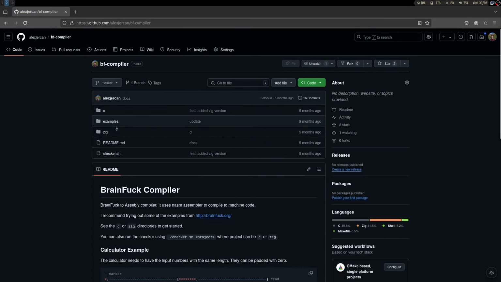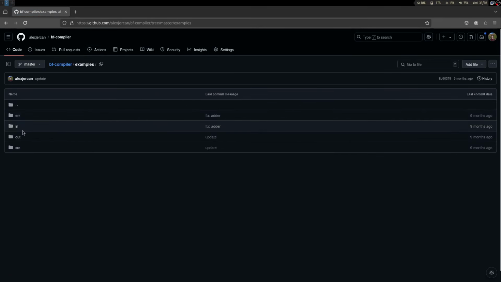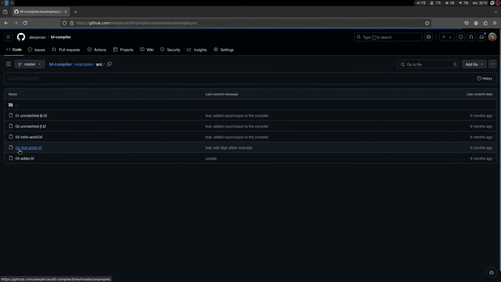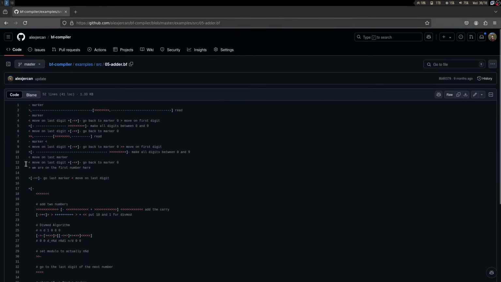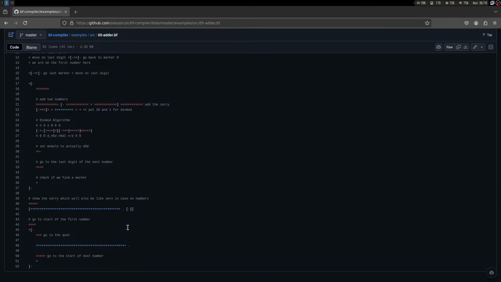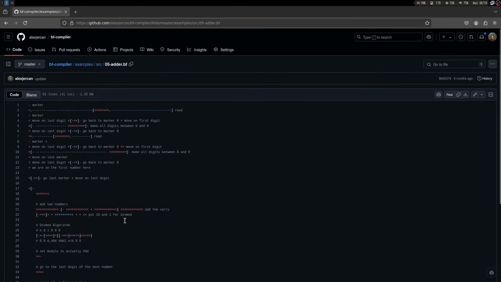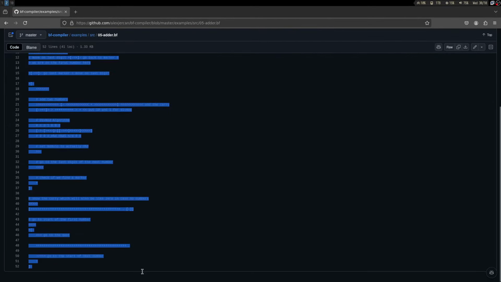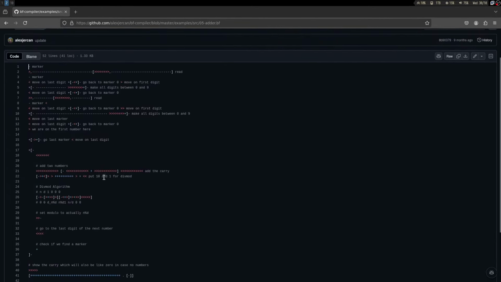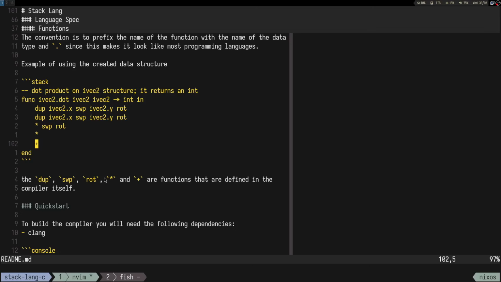Let's just go to bf compile. I think I have some examples in brainfuck. So like the digit add, right? Like it doesn't make any sense what's here, or even the full adder when we implemented the adding two numbers. It's like the name of the language really, you know, it's really good for how this thing looks like. What the fuck is going on? But